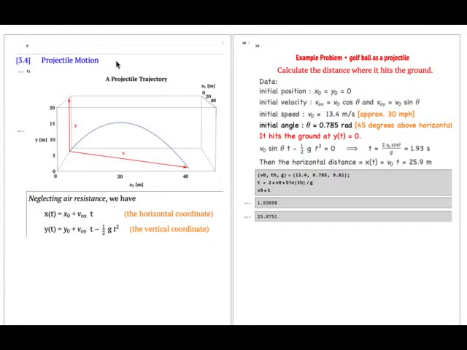Section 4 is projectile motion. So here's a picture of a projectile, an object moving in Earth's gravity near the surface of the Earth. If you're near the surface of the Earth, these equations will be very accurate. If you're far from the Earth, then you have to use Newton's theory of gravitation. But if you're near the surface, you can just use the fact that there's a constant acceleration, g,